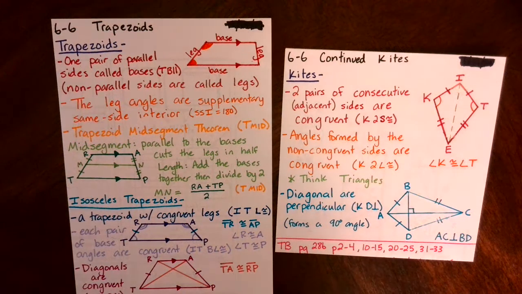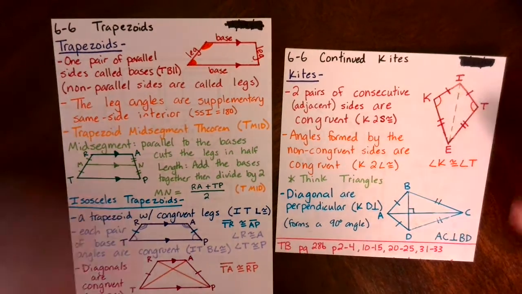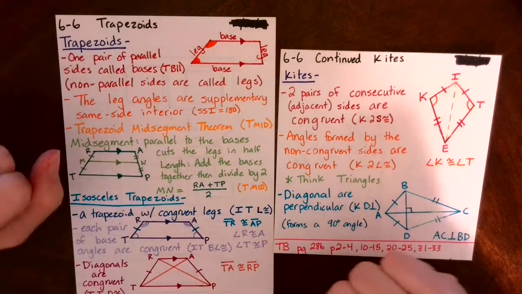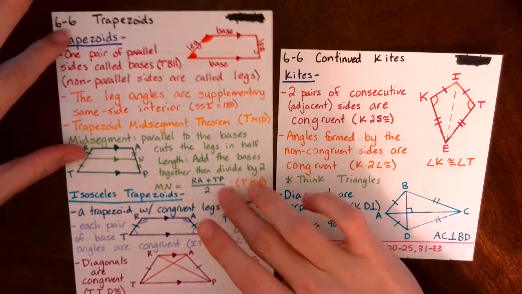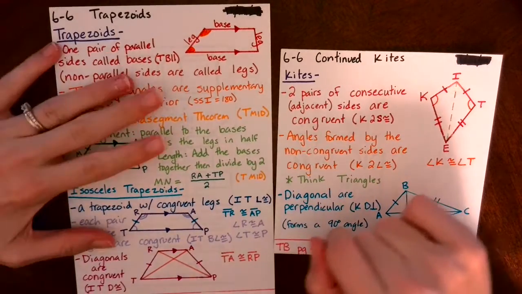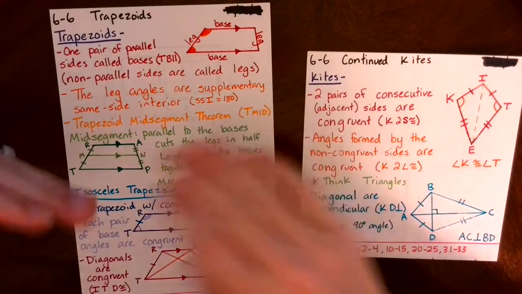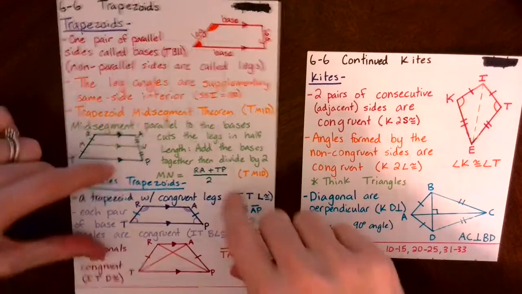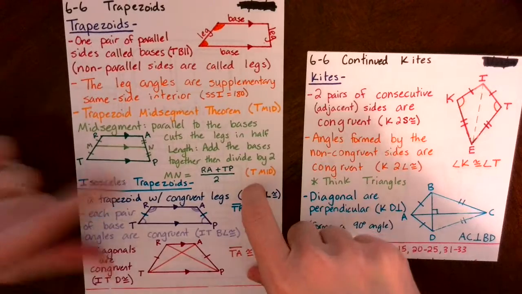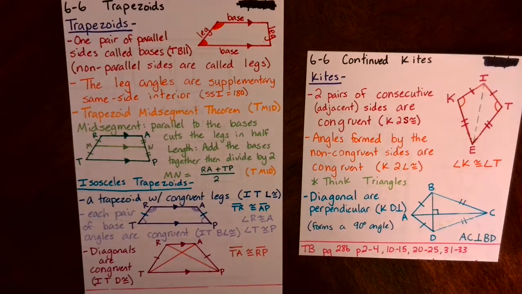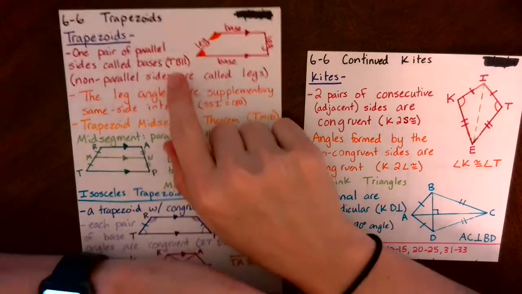Okay, so for 6-6, there are two different parts. There's trapezoids and kites. Make sure you write down both parts. So first up of trapezoids, it breaks it into two different types of trapezoids, just trapezoids in general, and then specifically isosceles trapezoids, okay? So first up, we have trapezoids, which a trapezoid is one pair of parallel sides called